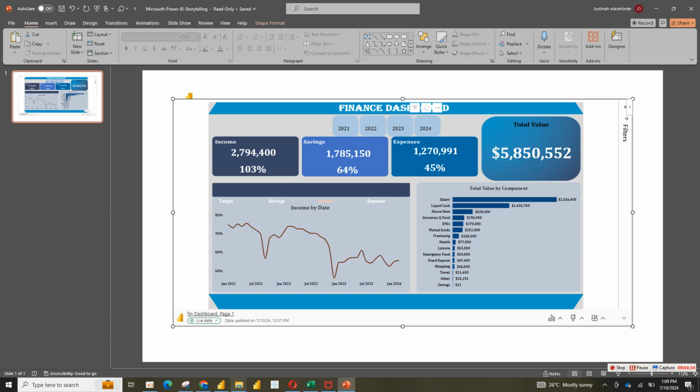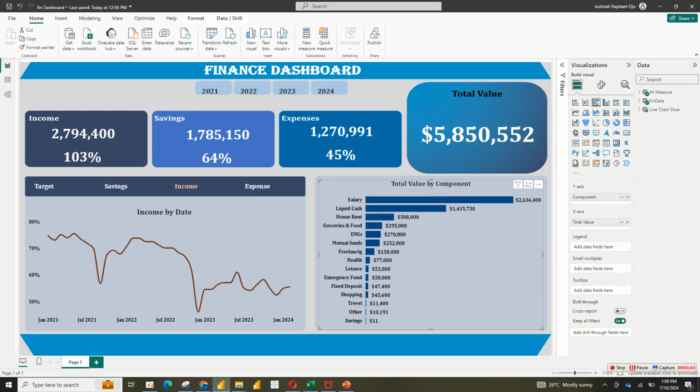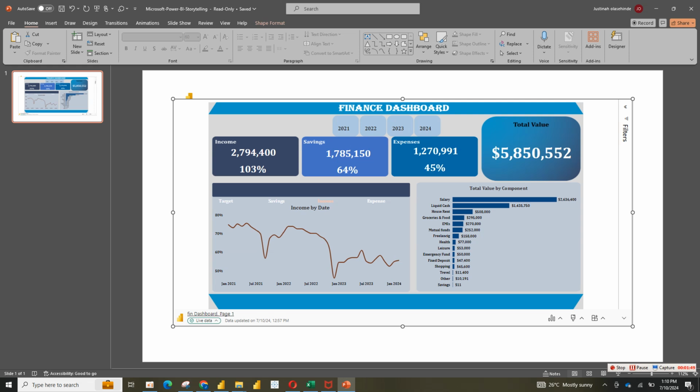So this is PowerPoint, and this is my dashboard. This is the dashboard in Power BI, and this is the PowerPoint presentation after embedding it,